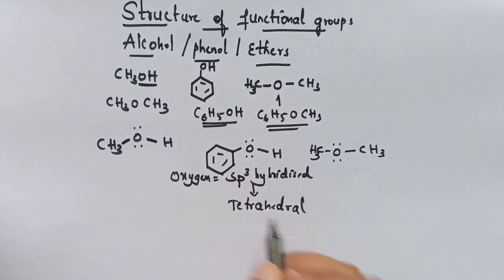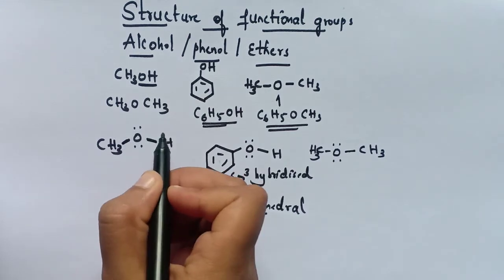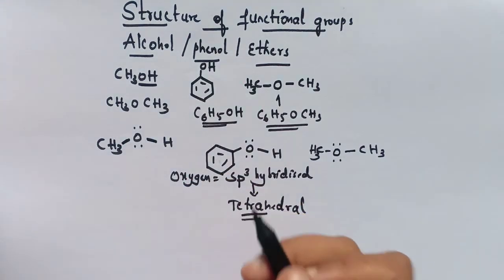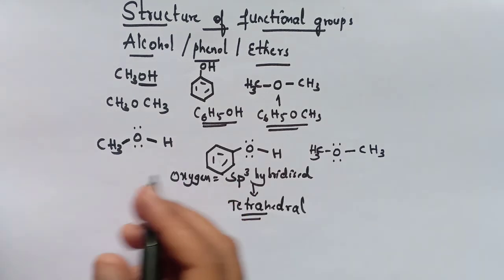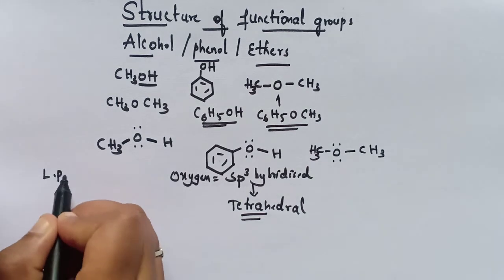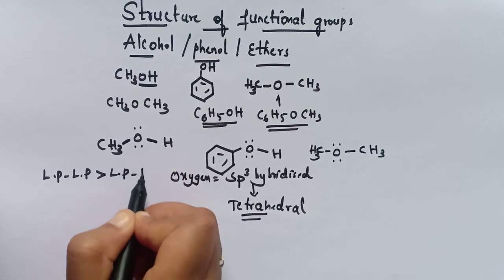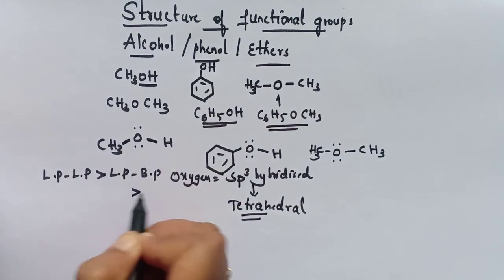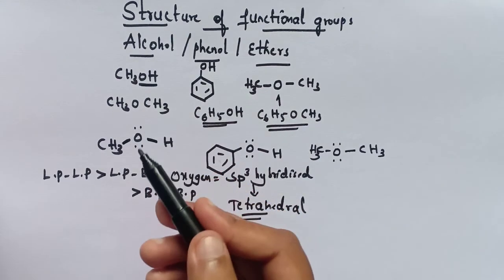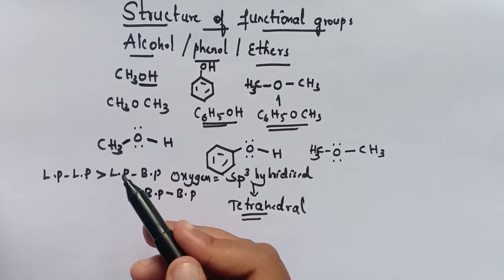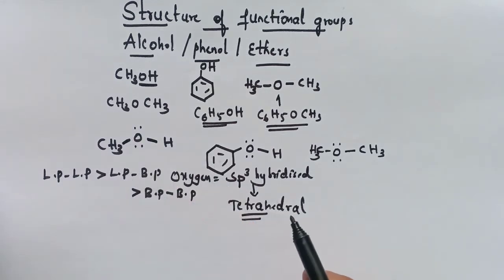But it is wrong in this case. Why? Because here, due to the presence of the 2 lone pairs and 2 bond pairs, according to the VSEPR theory, the repulsion between the different electron pairs, as we already know, is that lone pair-lone pair repulsion is maximum, then comes lone pair-bond pair, and then comes the bond pair-bond pair repulsion. So here, due to the greater repulsion by lone pairs of electrons, the bond angle decreases from tetrahedral to